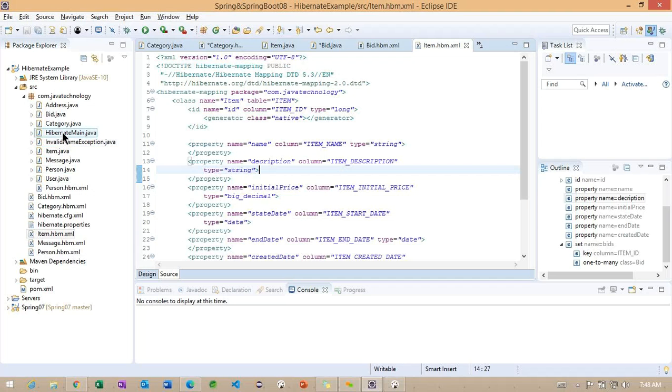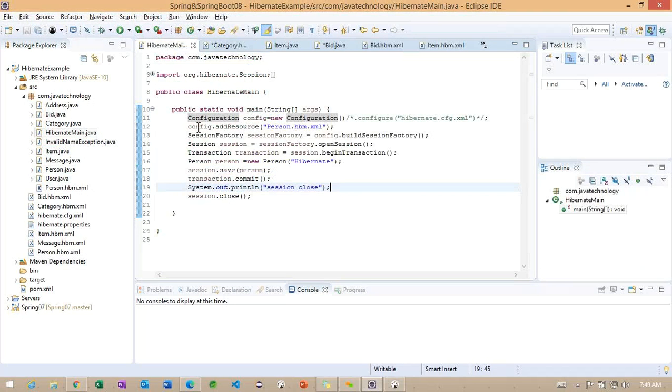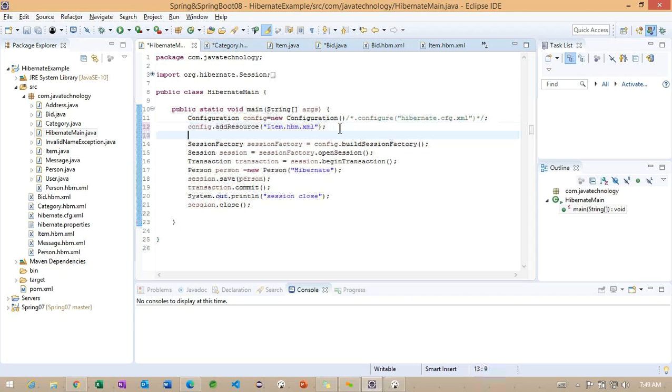Go back to the main class. So I don't want to use this particular person resource here. Which resource can we use? Something called item, and here one more bid. Okay, here I'm not going to use the person.